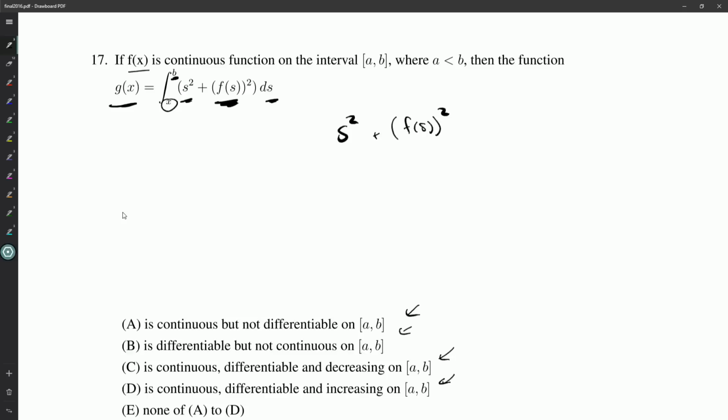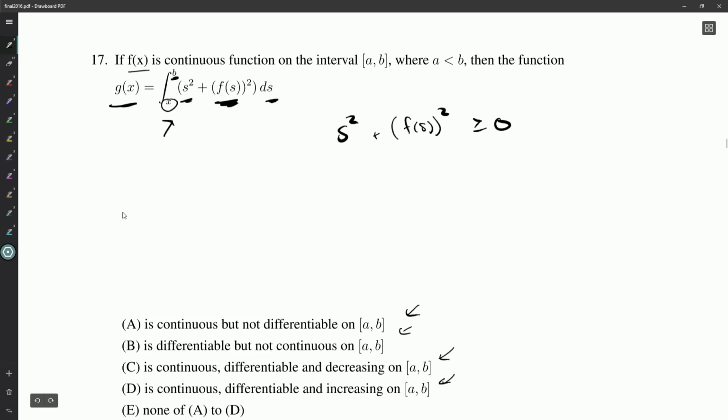And this is always greater than or equal to 0, because it's a sum of squares. Now, there's no guarantee that f itself is not just 0, and I'm hesitant to say that this is necessarily going to be an increasing... Oh, also,